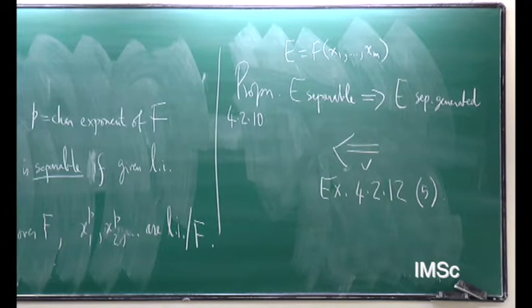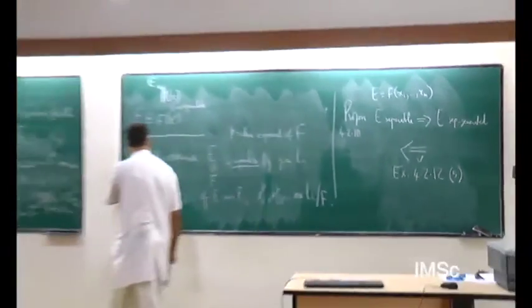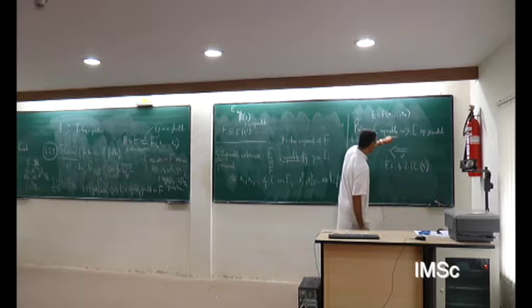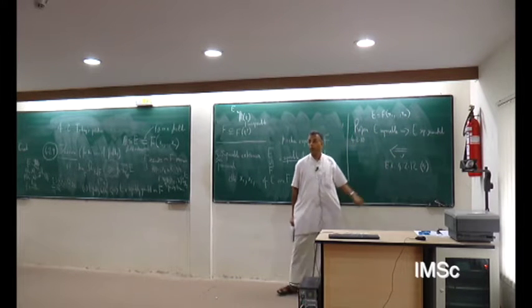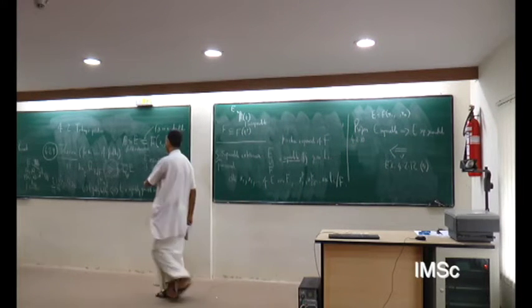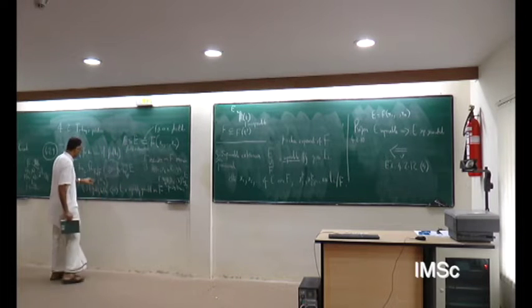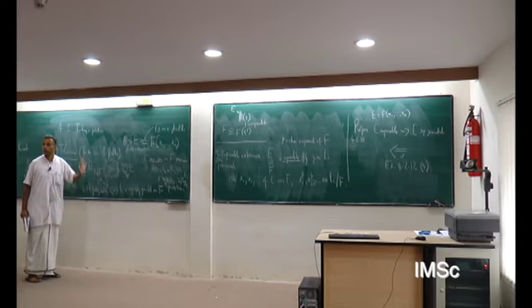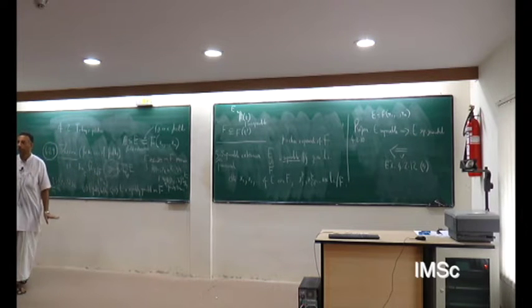There is this separably generated, and there is this which is separable, and the point is that these two are the same, and also equivalent to saying that the module of differentials, the universal module of differentials, has dimension equal to the transcendence degree. Okay? Okay. Now, the proof is a bit